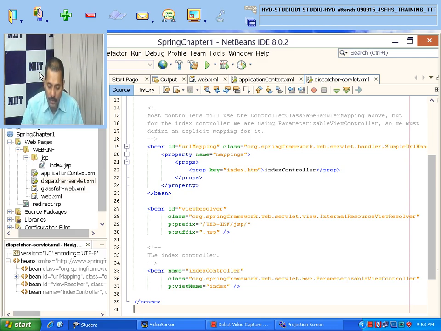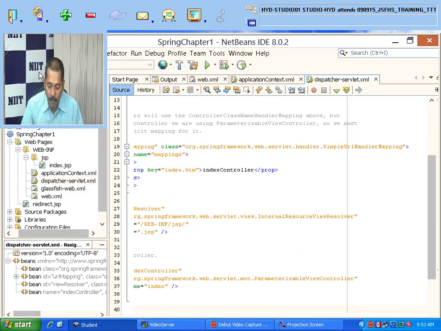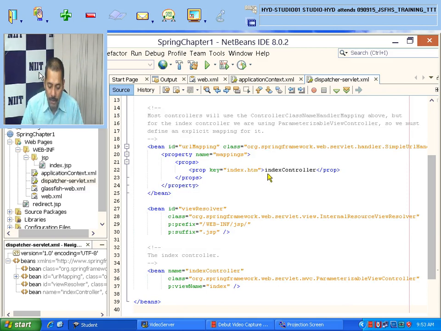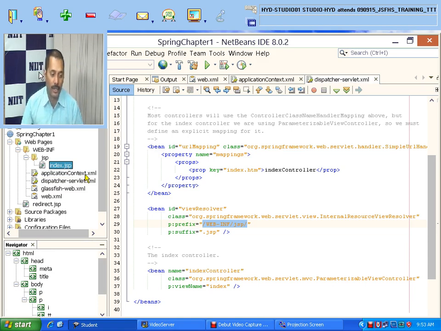The bean ID is urlMapping and the SimpleUrlHandlerMapping class will be executed, and if the property key is index.htm, then it will call the index controller, and in the index controller it will take the view name as index, and then go to the view resolver, and in the view resolver it will take WEB-INF/jsp with the .jsp extension. So index.jsp, that is how you get the index.jsp page from here.